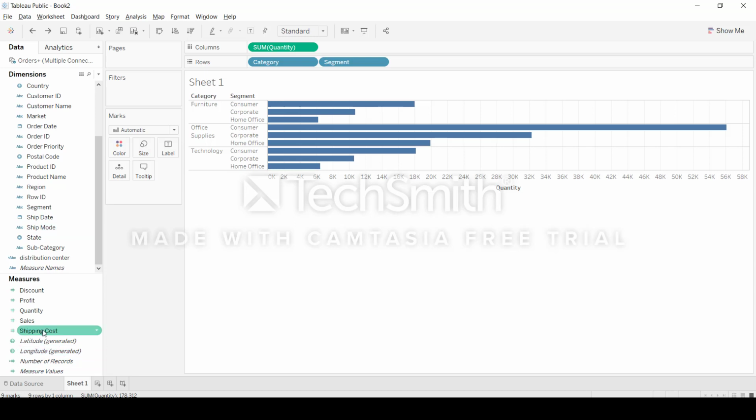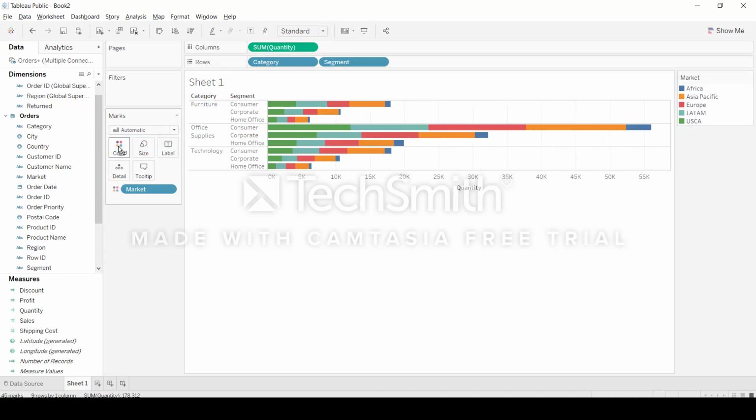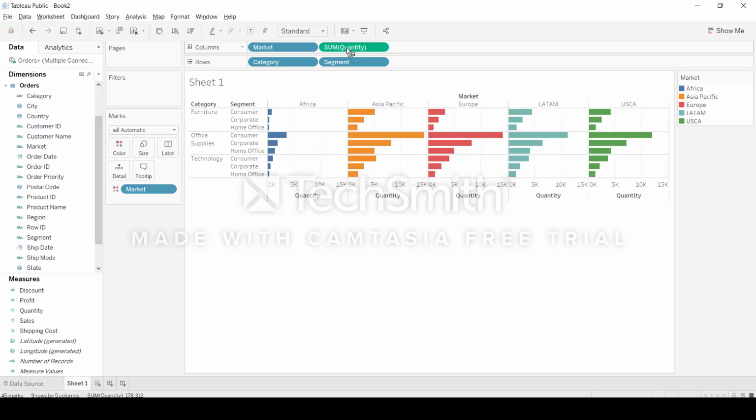Okay, where is the market colors? Okay, you see,